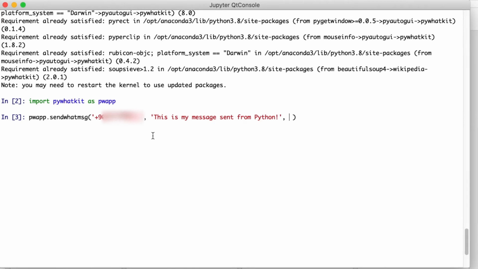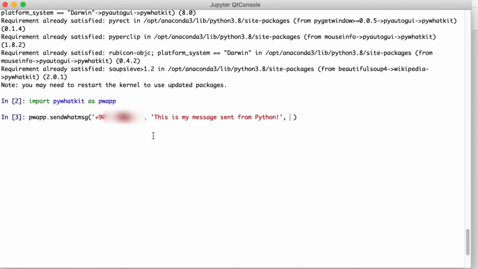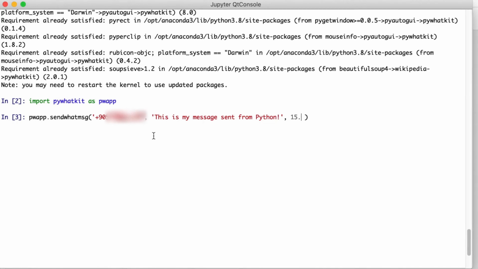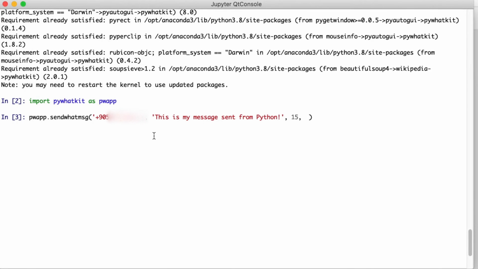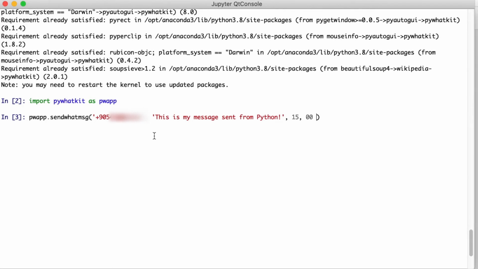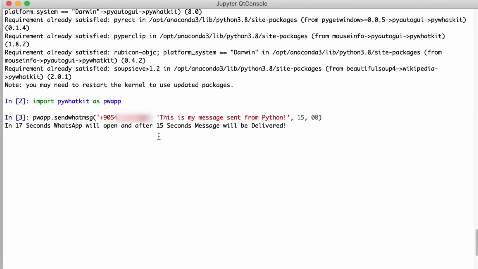And the third step, you have to write the time. I will write 1 minute later so that I can show you 15:15. And for the minutes, it is the fourth place. For the minutes, I will make it 00. Now, if I press enter, it will send in